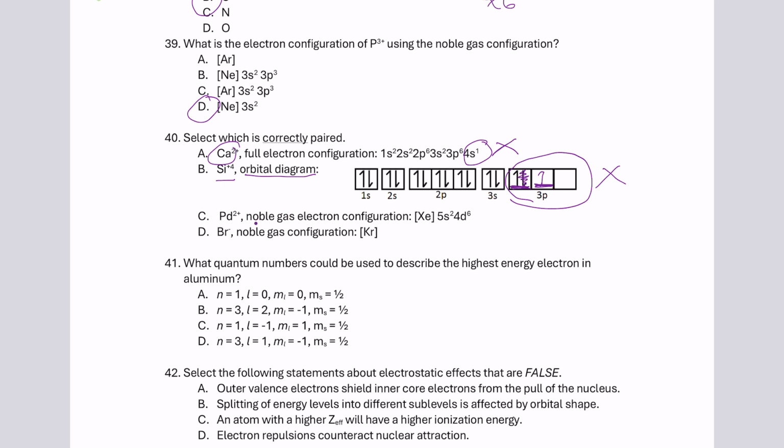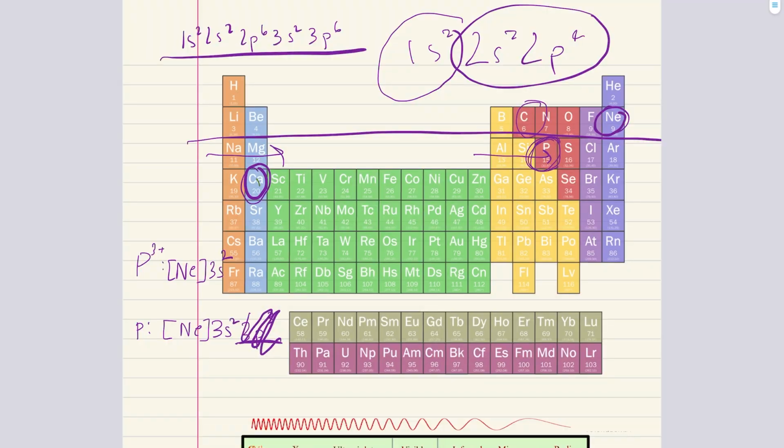C says that palladium 2+ has the following electron configuration. This is incorrect. Let's take a look at neutral palladium. That's going to be right here, Pd. Its electron configuration is going to be krypton,